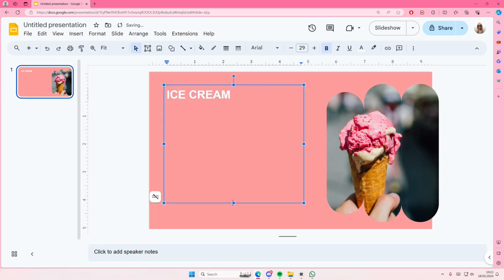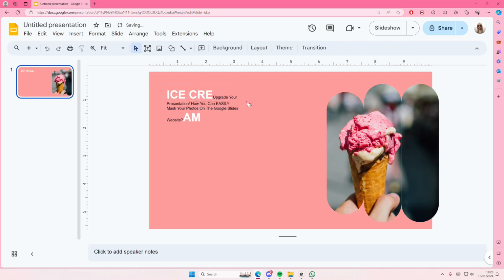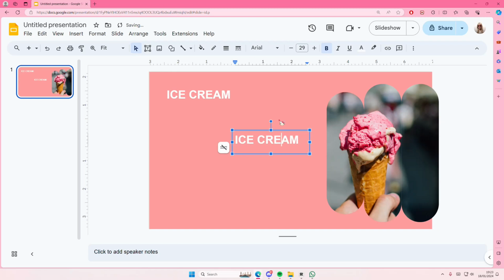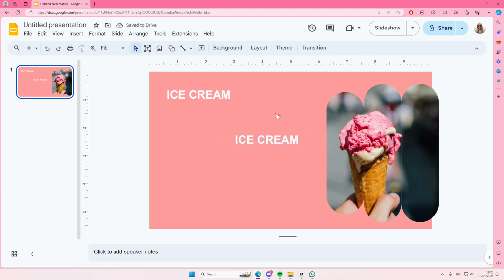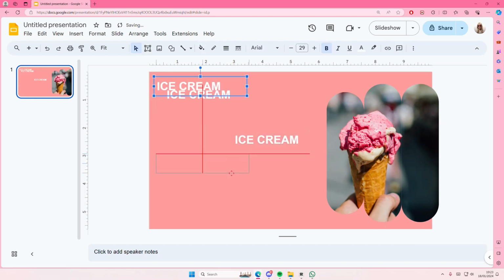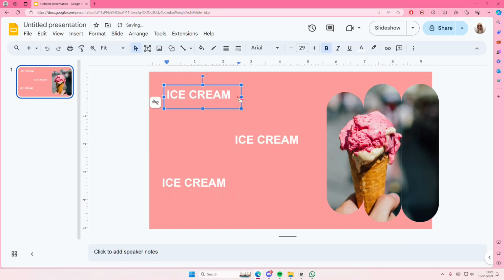In this video I'll be showing you guys how you can essentially animate your text on Google Slides. I'm just going to copy and paste this. There we go. Okay, so select your text, and basically you're going to select this bit right here, these three